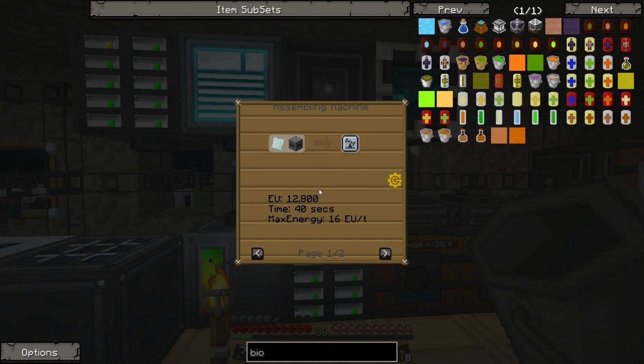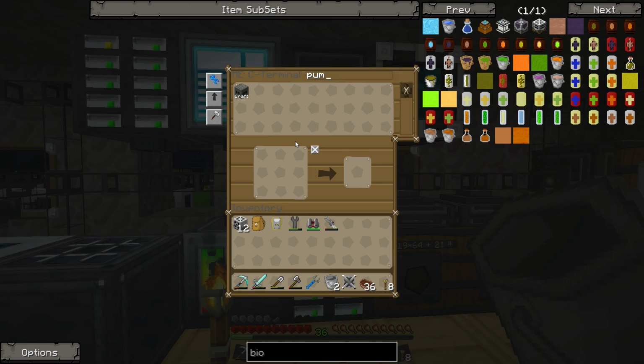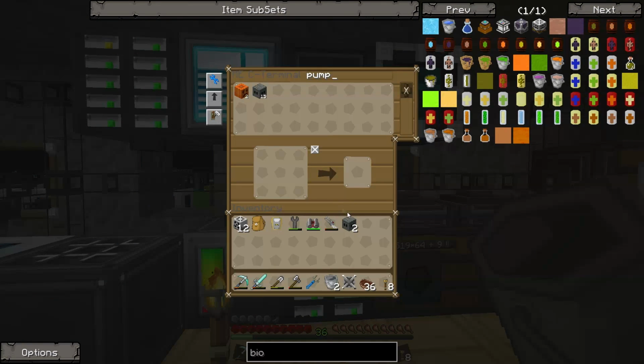So we need to make this in the assembling machine. So to make a pump module, we need a refined iron plate and a pump in the assembling machine, or an aluminium plate. So if we go pump, so we need. I have made some of these off camera already, because I made a load of pumps thinking that I would be able to make multiple ones of these, and then not realizing how much titanium I'd have to make. So then we also need